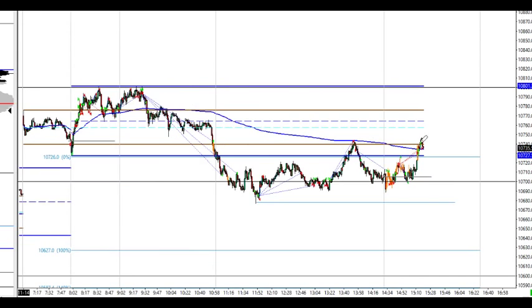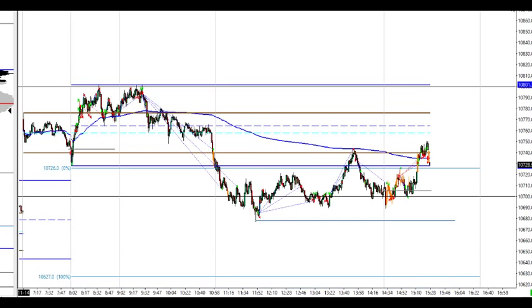After this short-term failure here above initial balance high, if this is about to hold resistance here, I would like to see this down towards 700s, although this absorption down here making every kind of short covering down, reducing upside. So let's see. I shorted one more time here. I see big divergence with SPY and DAX. SPY reversed immediately. DAX failed to hold above here, although chopped up, to be honest, up here due to this